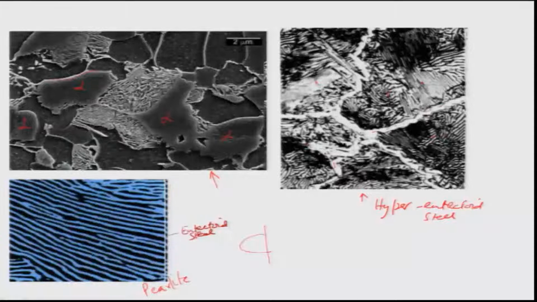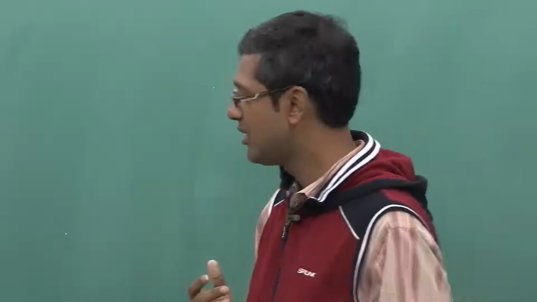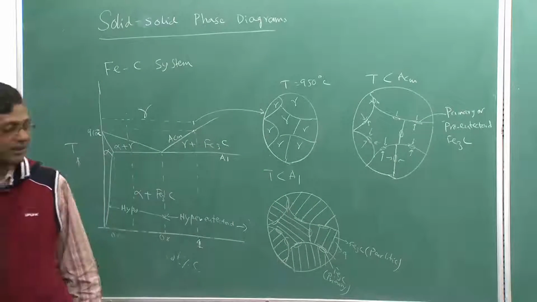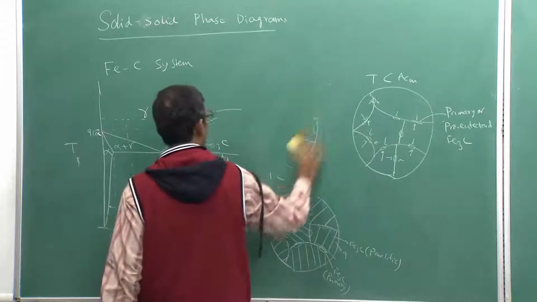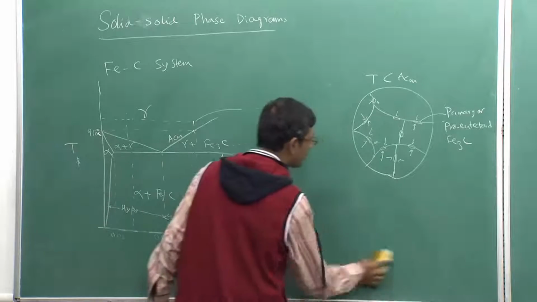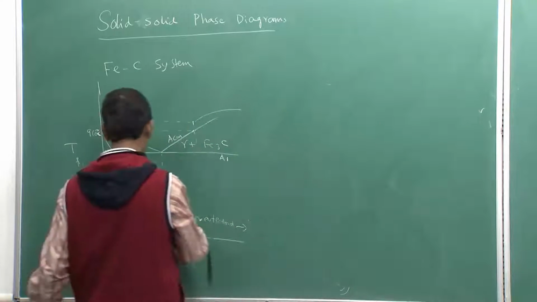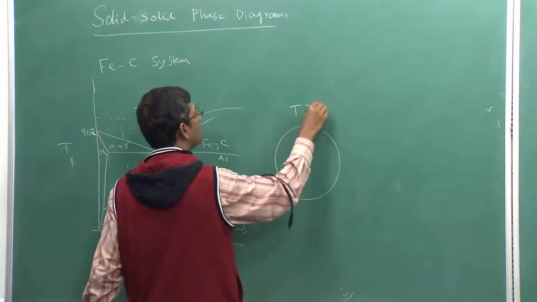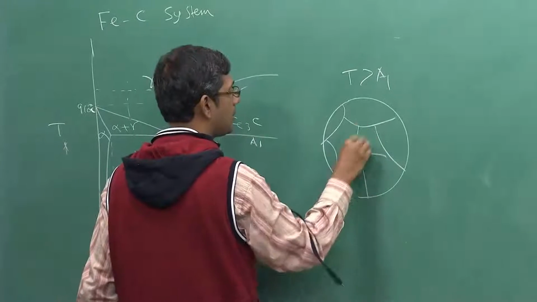Now, for another 5-6 minutes, I just want to discuss with you the way the pearlitic transformation rate changes. As you know, the pearlitic transformation, what is happening inside these grains, depends on the carbon concentration in the steel, on the diffusion of carbon along the gamma in the transformation. So, pearlite happens for a 0.8 carbon percentage steel. If I take a 0.8 carbon percentage steel at a temperature above A1, it will have all gamma grains,